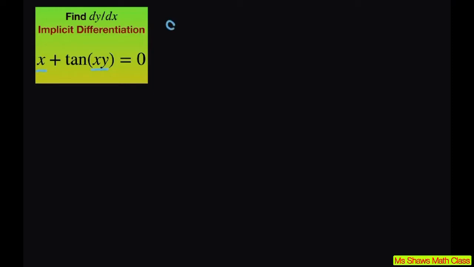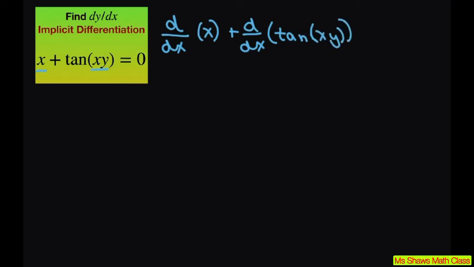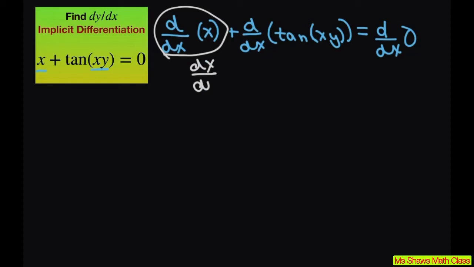So we're going to differentiate our x with respect to x, then we're going to differentiate our tan of xy, and then our 0. All right, so for the x, dx divided by dx equals 1. So the derivative of x is just going to be 1 plus, now we're going to use